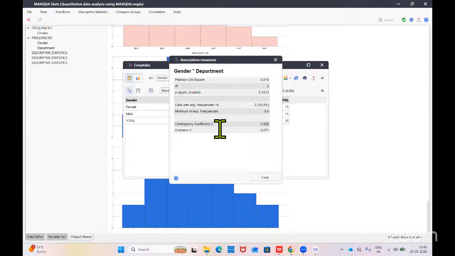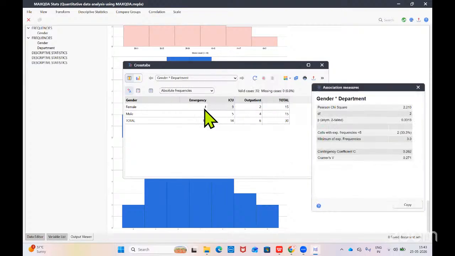I'll get back. Okay. Now here, chi-square test. Look at the results here. Our p-value is greater than 0.05. It means there is no association between gender and department. Okay, though there are differences,